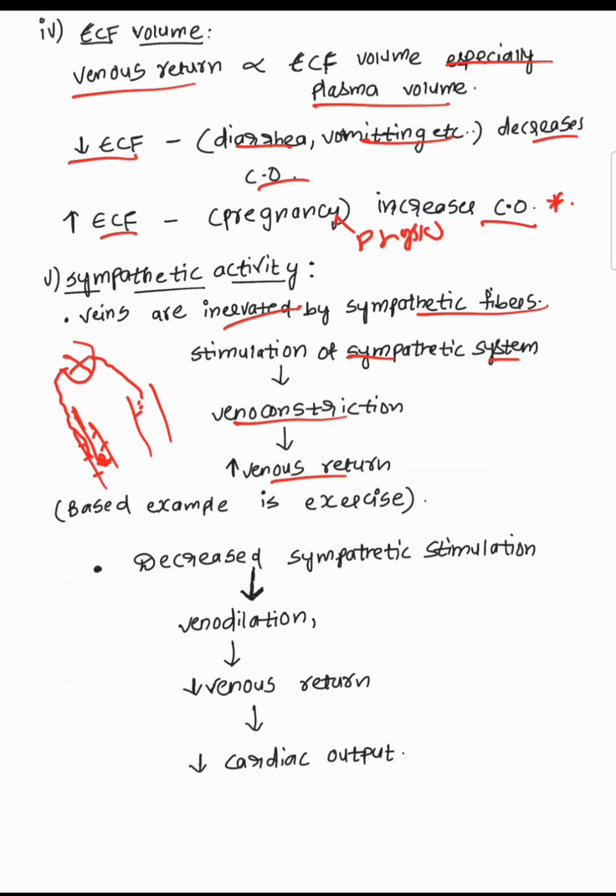This is one of the reasons. Decreased sympathetic stimulation causes venodilation. When there is venodilation, there will be no pushing of blood towards the heart, right? Means decreased venous return, right? So there will be a decrease in cardiac output. You remember the reason why people doing exercise have great cardiac output? This is one of the reasons, venoconstriction. Okay, next,